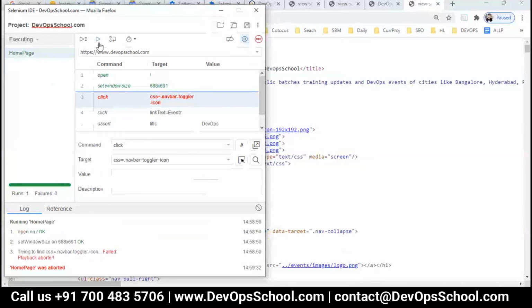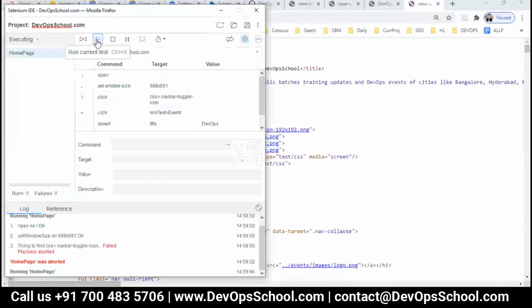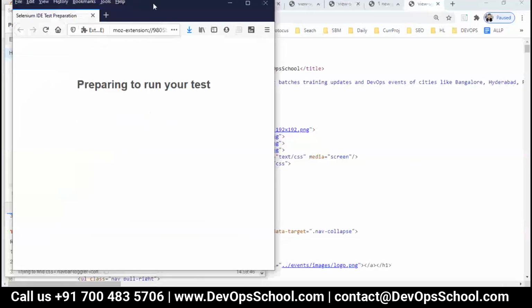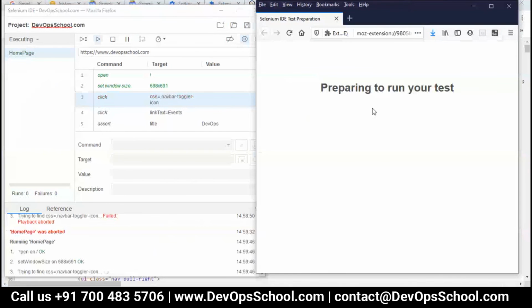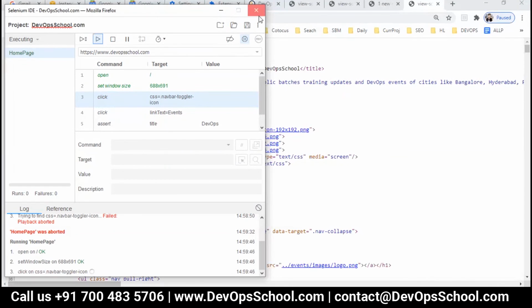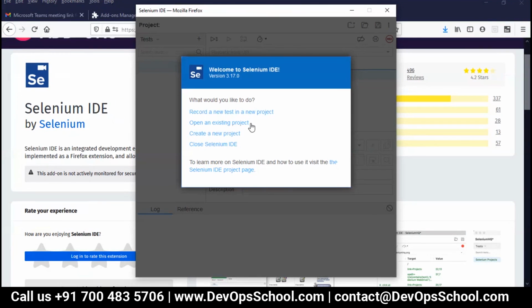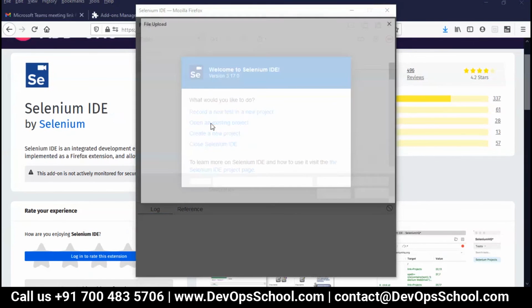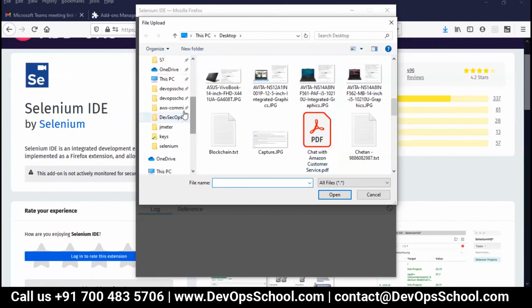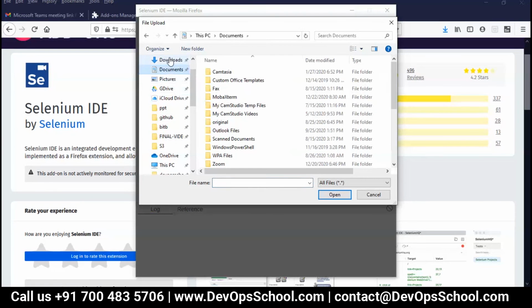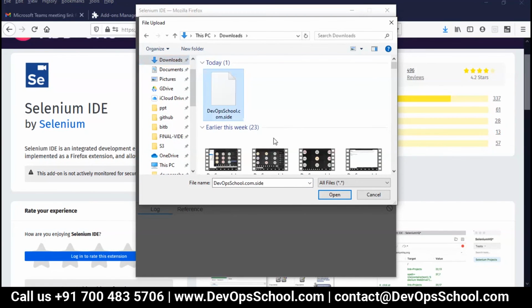The recording is correct, but okay, let me close the browser and let me open up. No problem. So here, go open up an existing project, and I stored it in the download section.